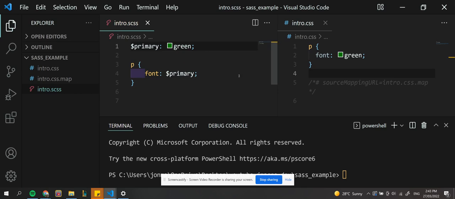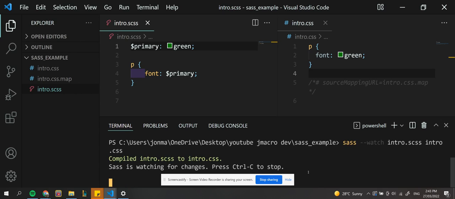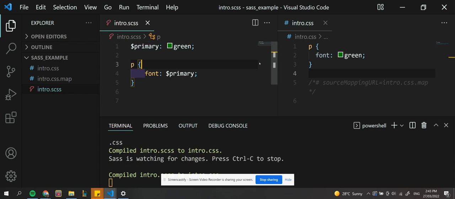All right, so as an example, let's replace this green with primary. All right, save. Now if we run in our terminal, sass, and let's run watch so that it builds every time there's a change, intro.scss as the input and intro.css as the output. All right, and save. So you can see it's compiled intro.scss to intro.css, but if you look at the intro.css, it actually